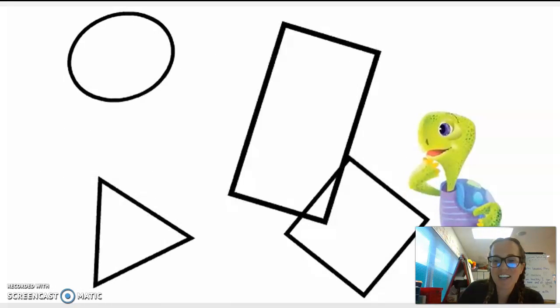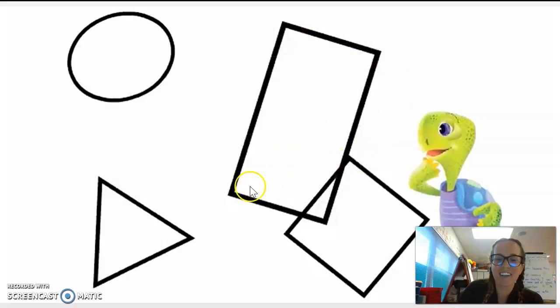Okay, boys and girls, really quick, let's practice saying the name of all of our shapes. Up in the top corner here, we have a circle. Next to the circle, I see 4 sides. 2 are the same and 2 are different. This is a